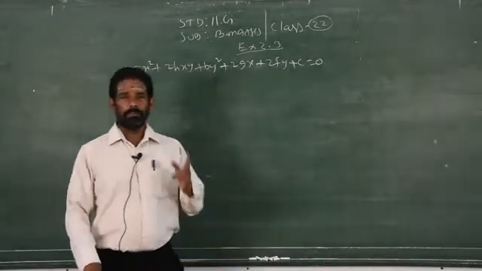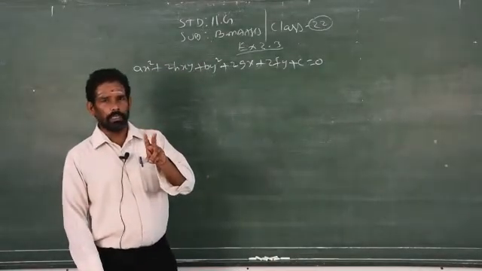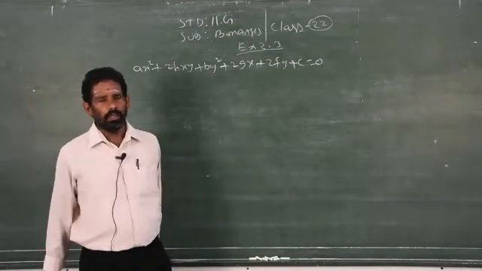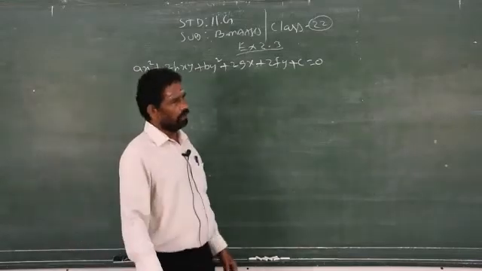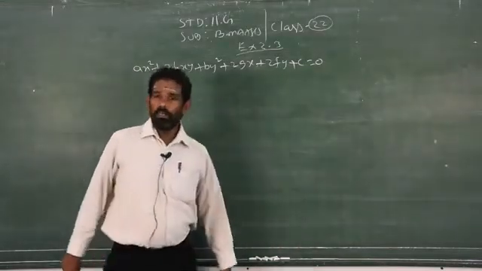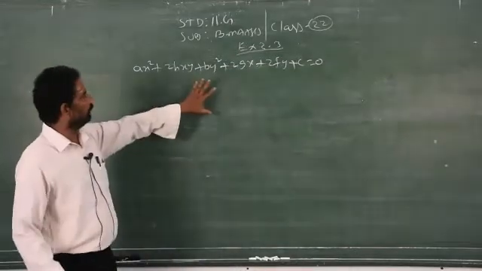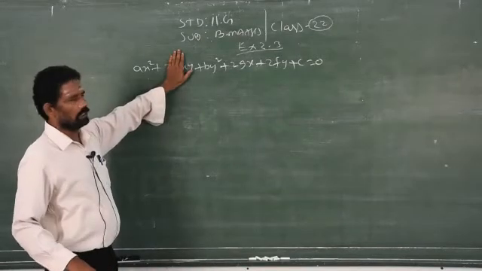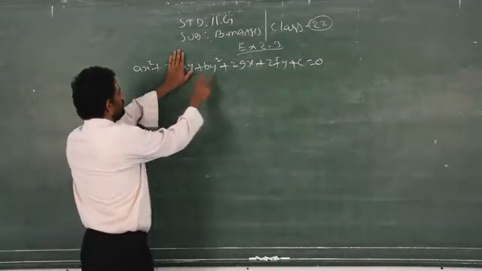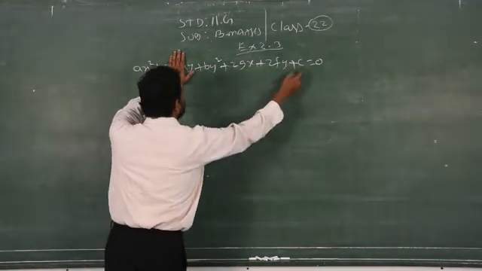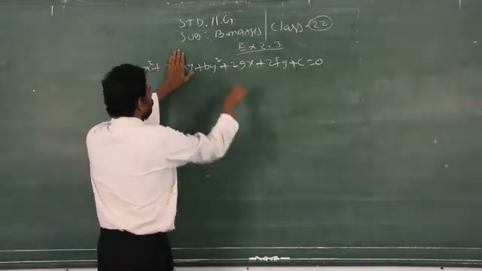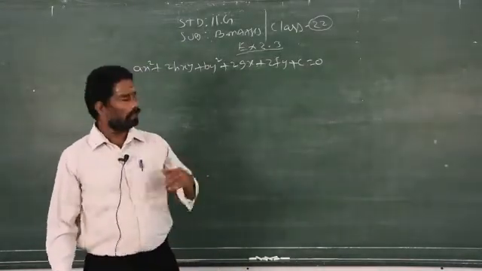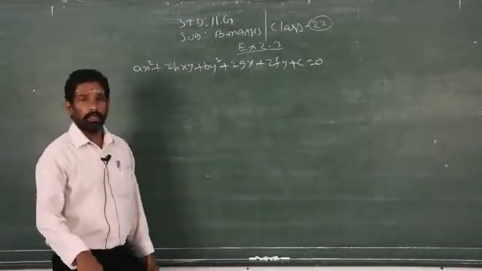straight lines. The separate straight lines come only in two categories. One is intersecting lines, another one is parallel lines. There are no other possibilities to get the equation of straight lines from this general equation. From this general equation, you can find the equation of the circle also. If you eliminate this 2hxy, then we will get ax square plus by square plus 2gx plus 2fy plus c. This refers to the general equation of the circle, that we are going to study in the next exercise, exercise number 3.4.